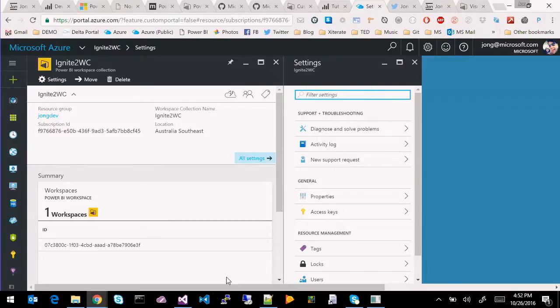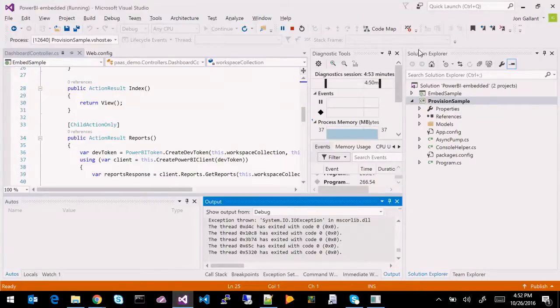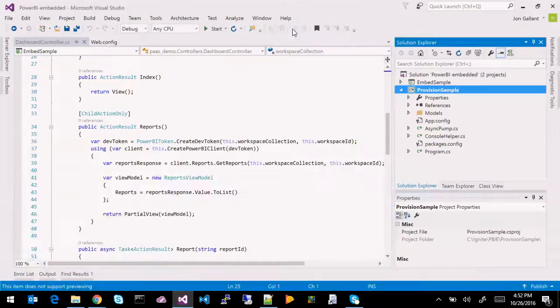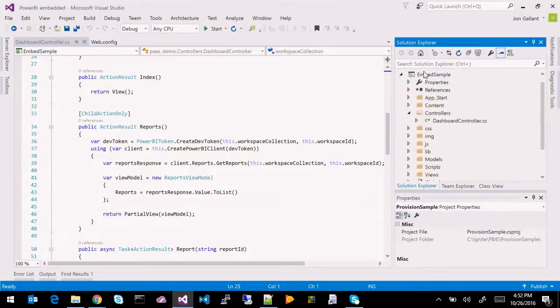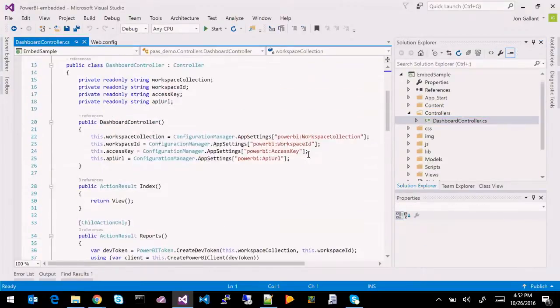Okay, so now what we need to do is get that sample inside of a website, right? So how do we do that? Well, we use the SDKs that we created. And we have SDKs in JavaScript and C#, and JavaScript includes Node. We have an Angular sample, and I think we now have an Ember sample. So pretty straightforward. You go here into this embed sample, which right now is a C# application, and we set up